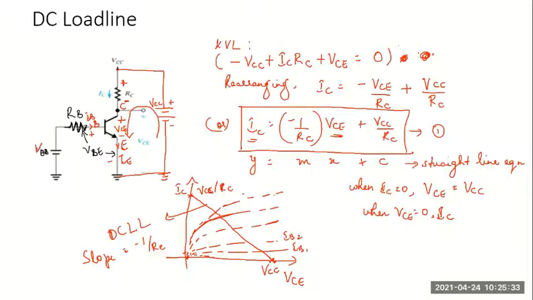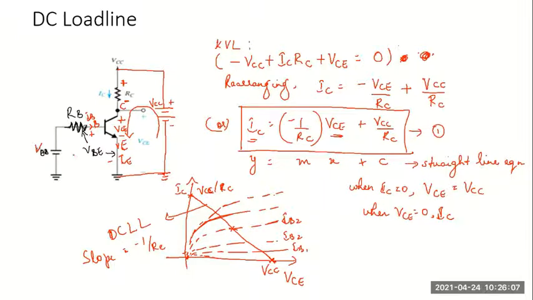And the Q point or the operating point which we considered should be a point which is the intersection of the load line with one of the characteristic curves of the transistor. And with which characteristic curve that intersection should be done, I can find out by finding the base current. How do I find the base current in this circuit? Where is the base current flowing?